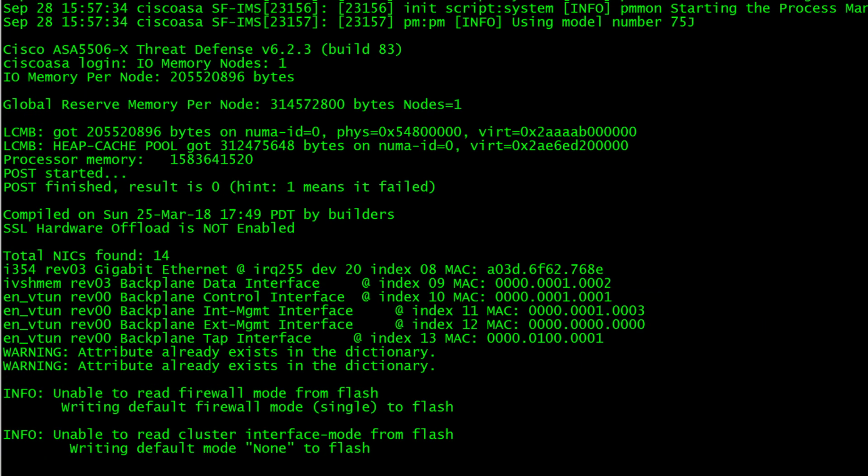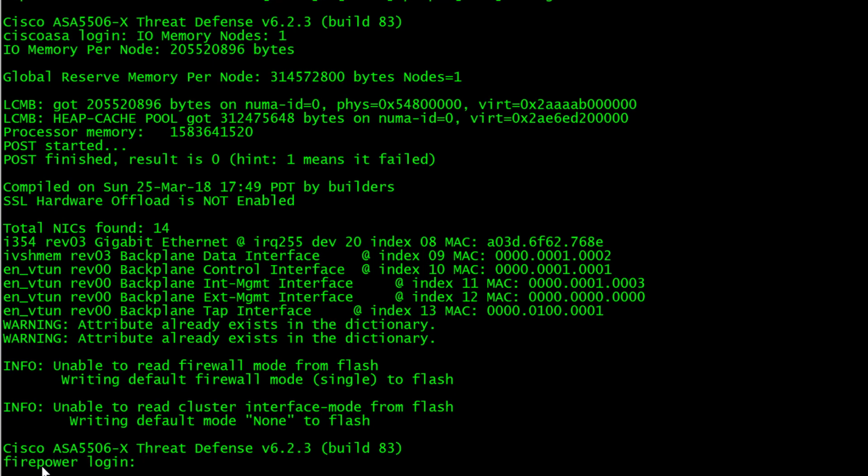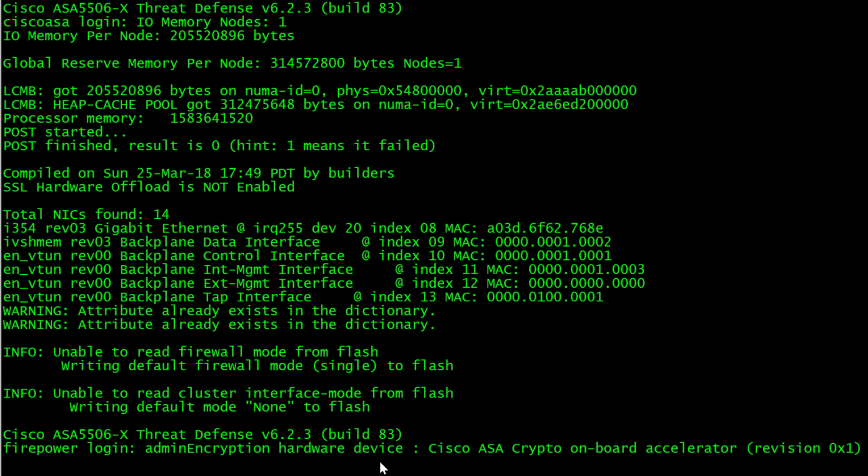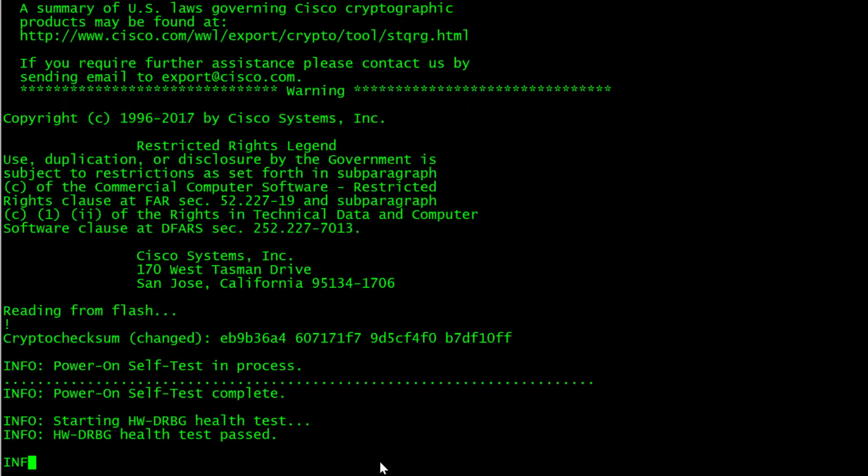So once the image is finished installing, you will be put back to this page here with a firepower login prompt. And as we can see, the ASA 5506X is now using threat defense version 6.2.3 build 83. So we go ahead and log in with the default credentials that are given with FTD,